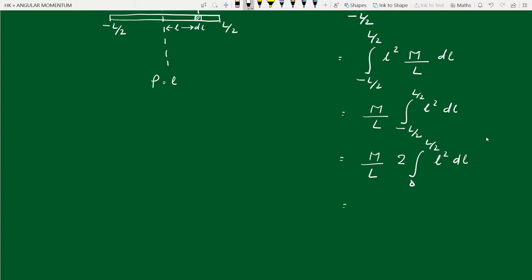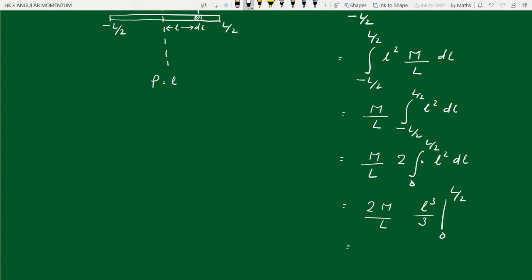Even if you don't take this step, we will get the same result. You can check that without taking this step, you can do the calculation and you will get the same result. Okay, let's come back to here. So we have 2m by L. Let us integrate this. l square, we integrate to get l cube by 3, with limits from 0 to L by 2. If you substitute that value,